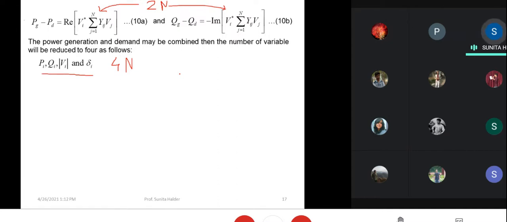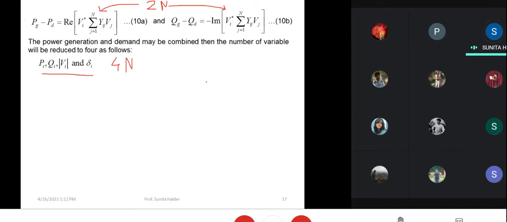Then among this 4n number of equations, for example, for a generator bus, Pi and Qi will be known, because generation is known, load is known. So obviously by nature in that bus V and delta are variable. So by the nature of the power system, it is very easy to reduce this 4n number of variables to 2n number. Also for each bus, 4 variables to 2 variables.